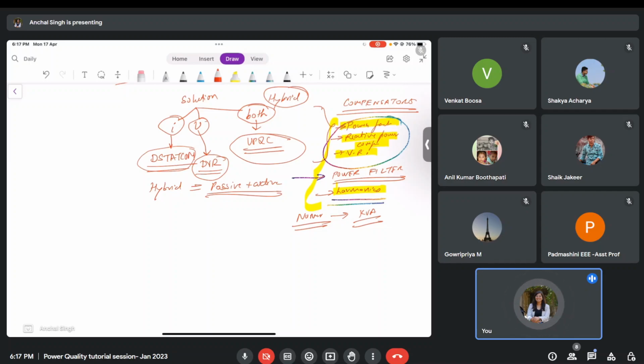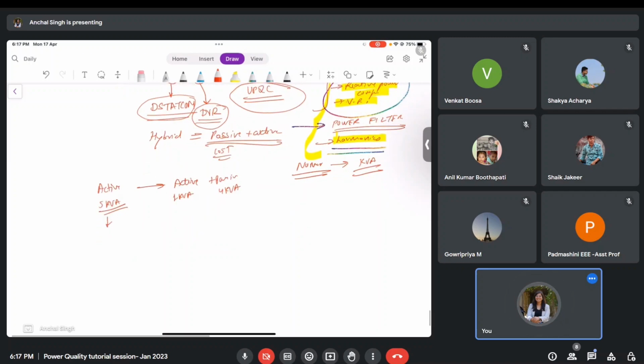And why did we go for this combination? Again, cost. We know that passive filters are cheaper compared to active filters. So when I replace a whole active filter with a combination of active plus passive, suppose my filter was 5 kVA rated. Now, if this filter is 1 kVA rated and the rest of the 4 kVA is my passive filter, and suppose the cost of the full active filter is, say, 100 units, just assume that, then the cost of this combination will be approximately 50 to 60 units, which is very cheap, right? This is the reason we go for hybrid.